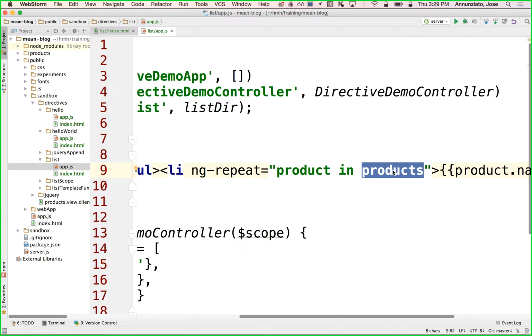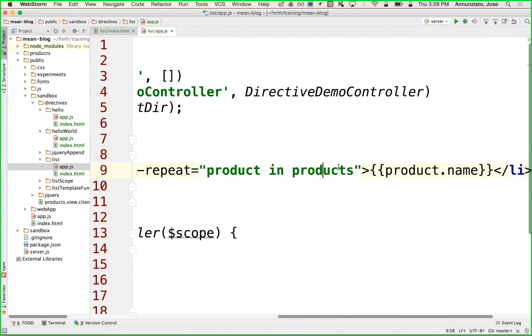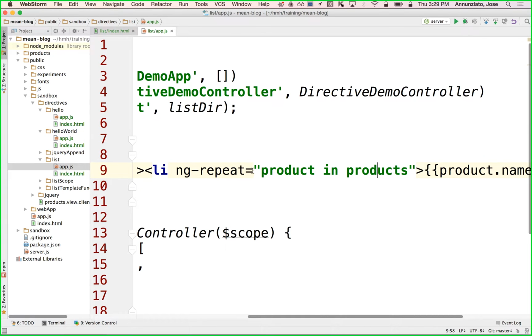So this product here is being interpreted from a higher scope that declares this variable. It all resolves when this gets rendered inside of a larger scope. This only makes sense because it's declared in there, which is great, because our smaller components can take data from a larger context. And then it's iterating over it using ng-repeat, creating all these LIs for every product inside of the collection products,